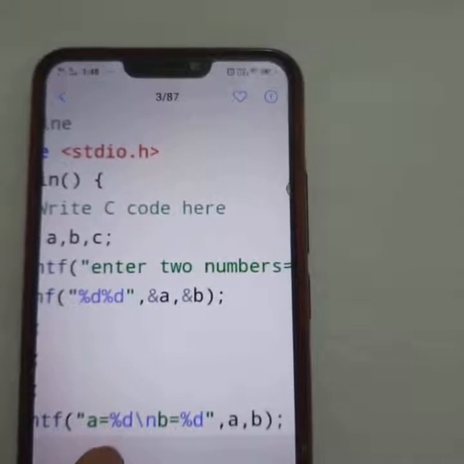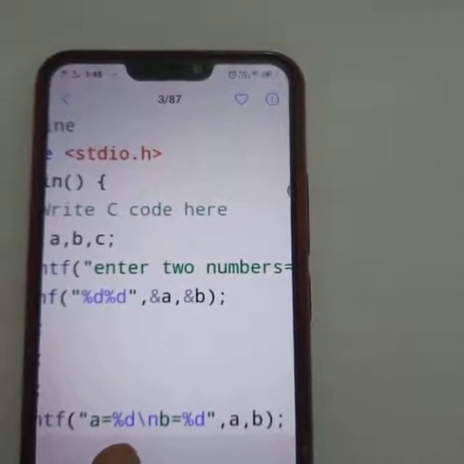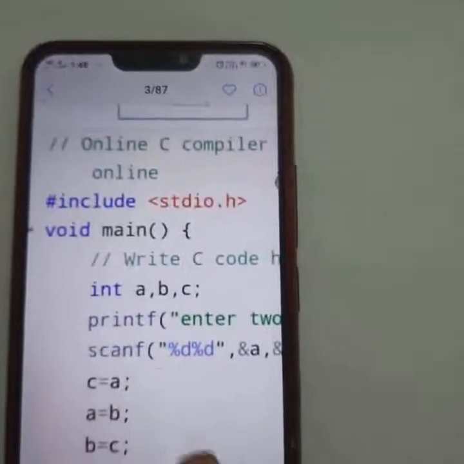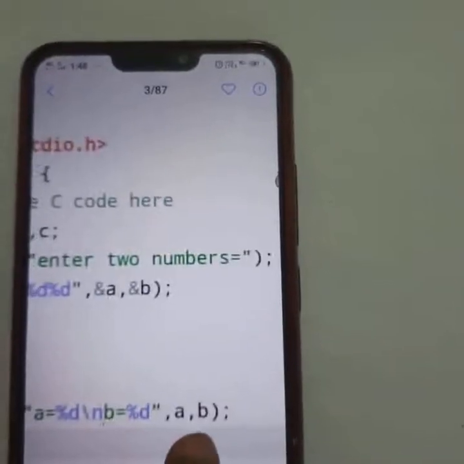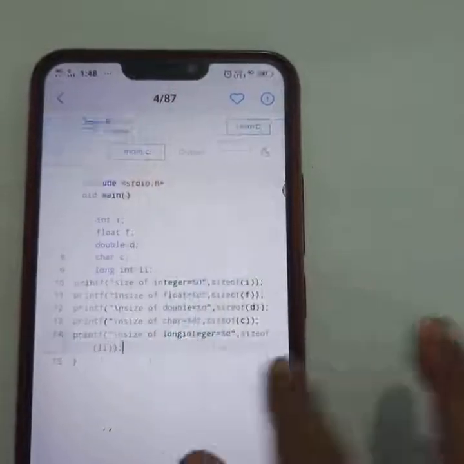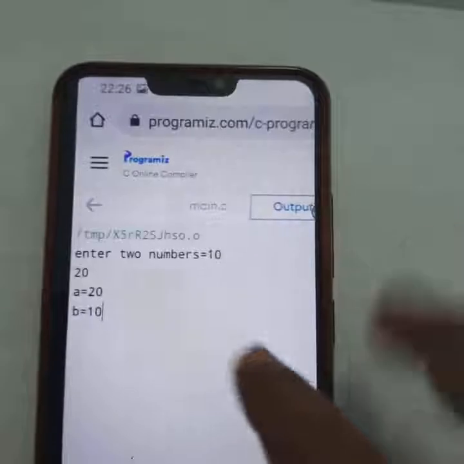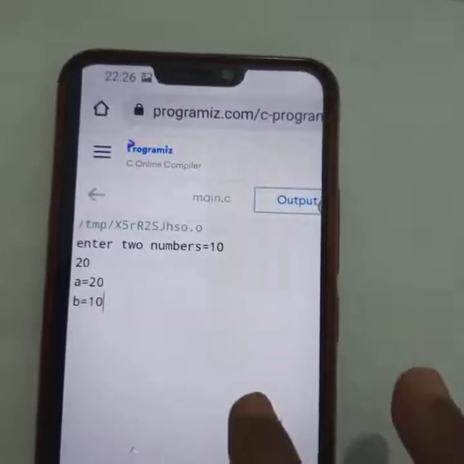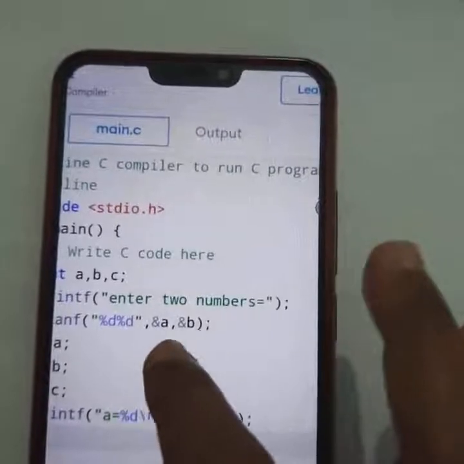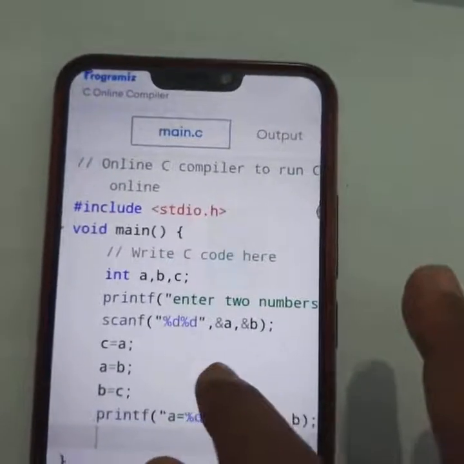A equal to %d, b is equal to %d, because %d is used for integer numbers, that is a and b will be printed here. The output of this program is here: enter two numbers, which I typed, with %d, ampersand a and ampersand b.